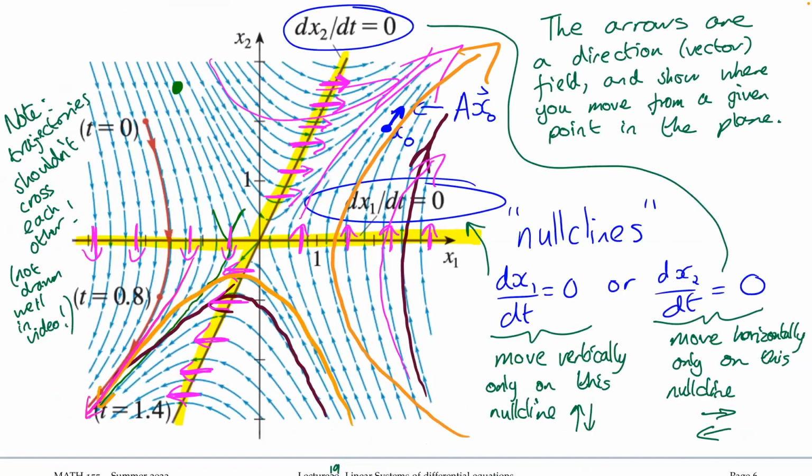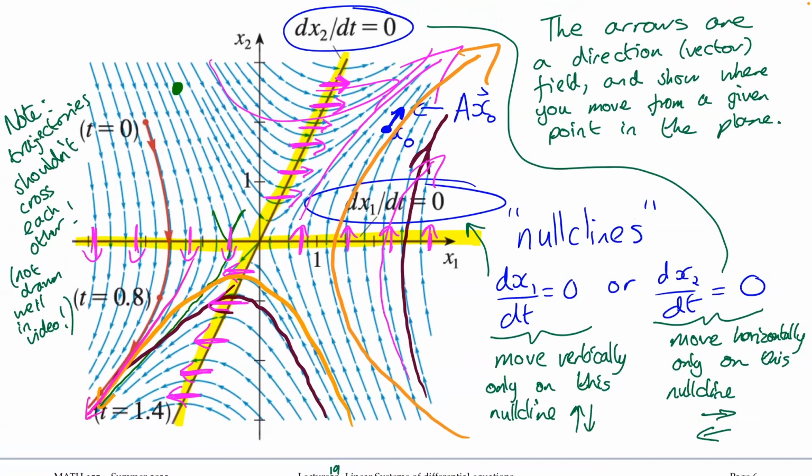The blue arrows are telling us, if we are at that point in that combination of x1 and x2 in this phase plane, where do we move next? What's the direction of change? So we've got our x1 on the horizontal axis, x2 on the vertical axis, and then these lines that